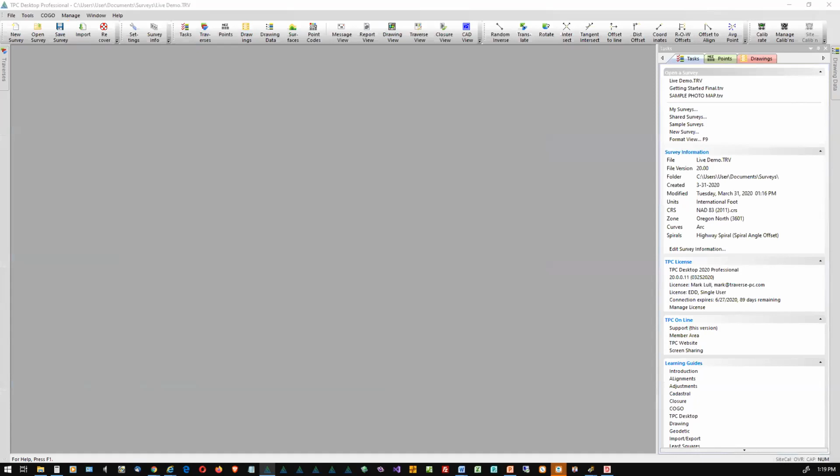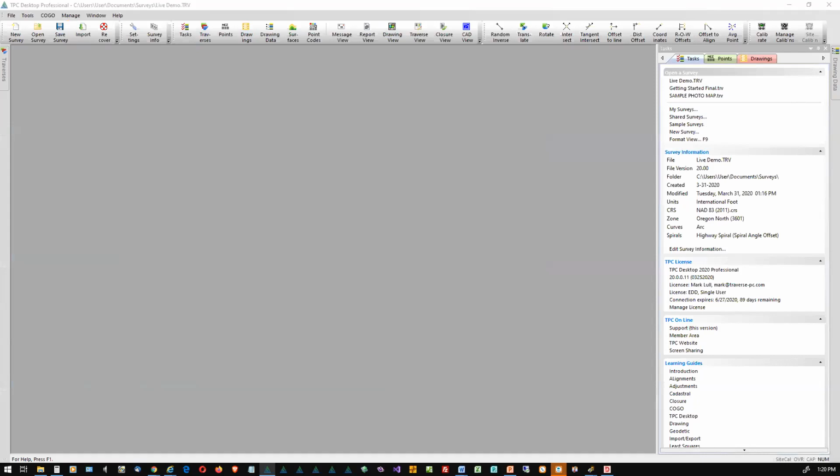As things like shape files have come to be, they mesh very nicely with traverses, and you'll find that out as you learn more about Traverse PC. So traverses are very important